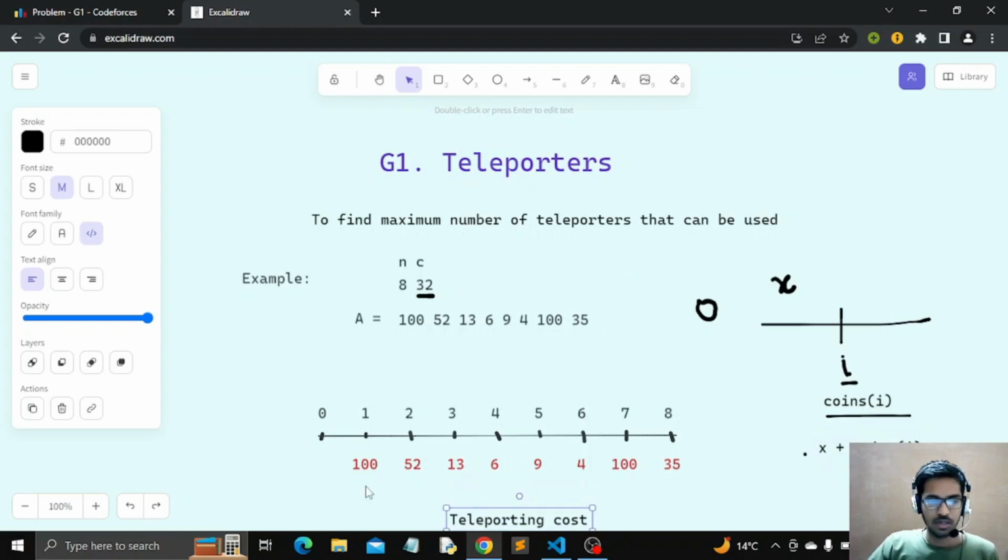So if I write the total cost for each point, for point 1, reaching this point would cost us 1 coin plus 100 coins to teleport, so it will be 101. Similarly for point 2, it will cost us 2 coins to reach this point plus 52 coins to teleport, so it will become 54. Similarly 13 plus 3 gives us 16, 6 plus 4 is 10, 9 plus 5 gives us 14,